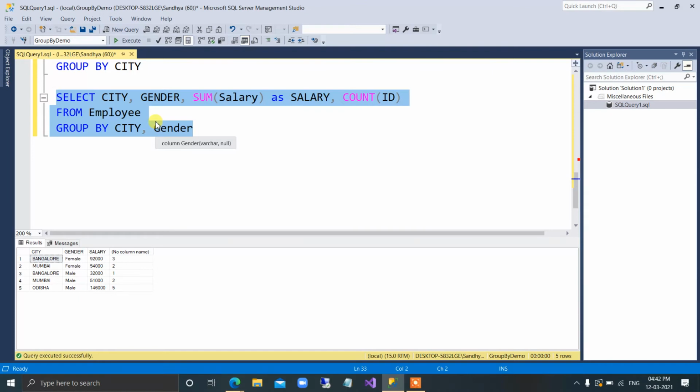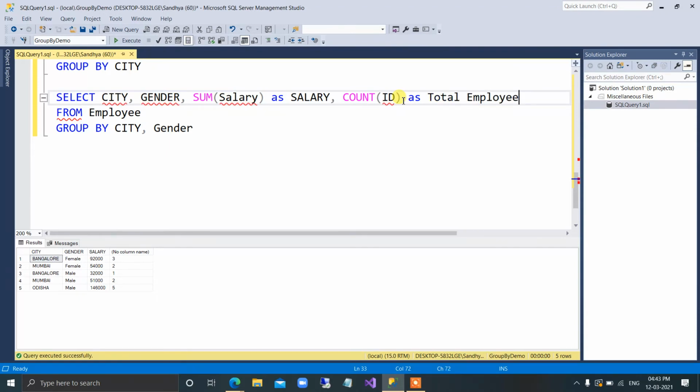So the important points to keep in mind while using the group by clause: suppose you can see I am finding out 4 columns here. I want the 4 columns in the output: city, gender, sum of salary, and total employees. You can say as. When you are giving a column name which has a space in between, you can use the square brackets.